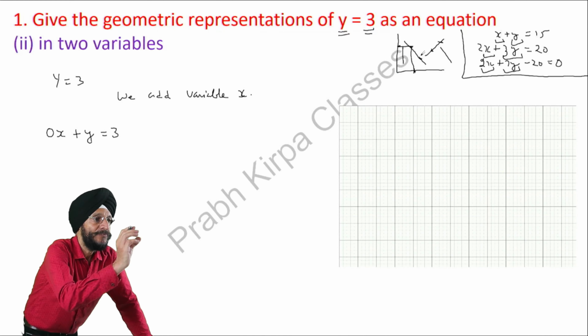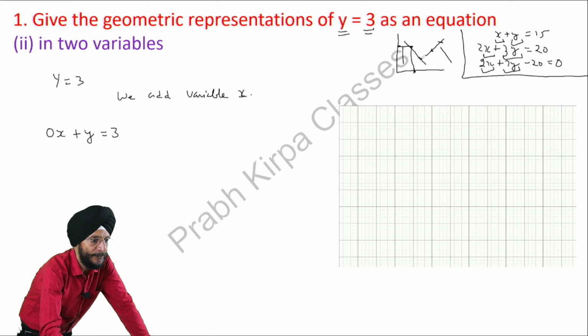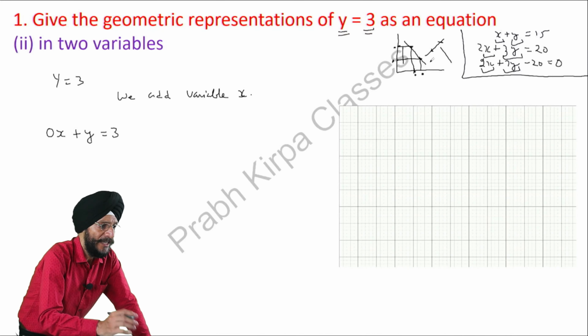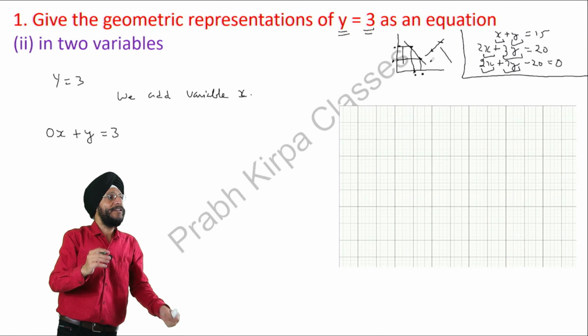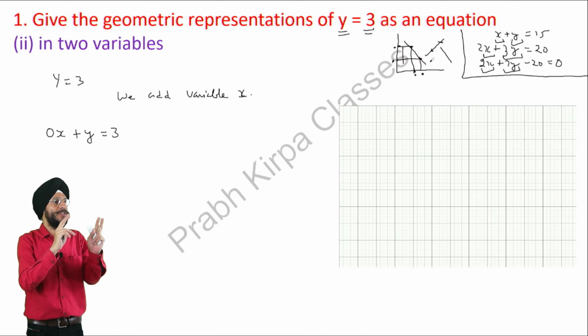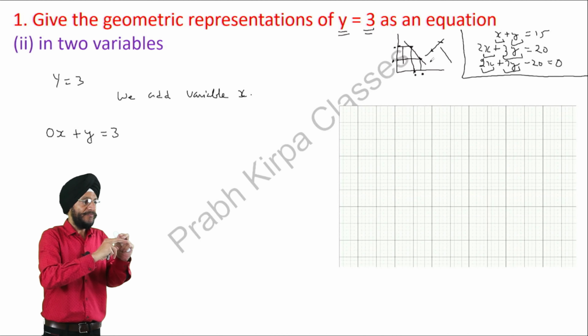If we want to draw the point at this place, for this we need the value of x at this place and the value of y at this place. That is, we should have at least two solutions of x and y